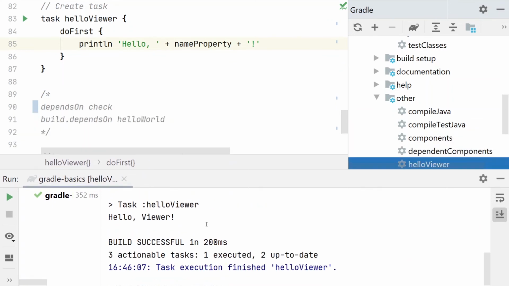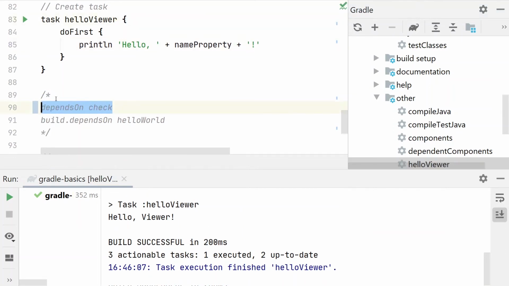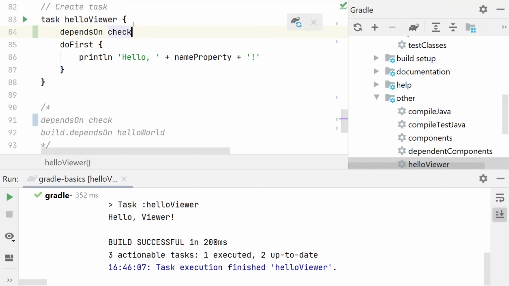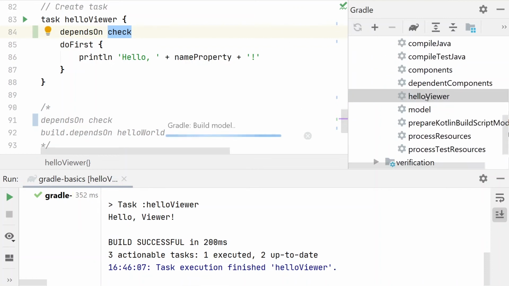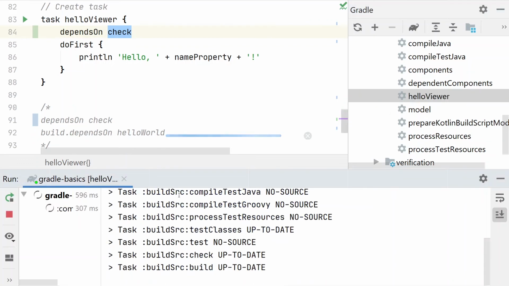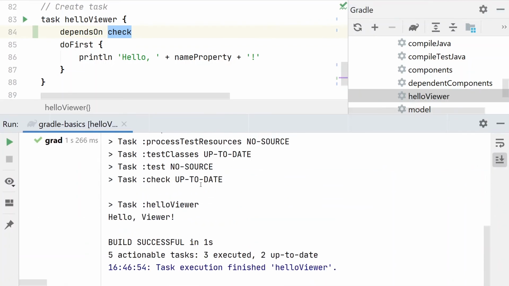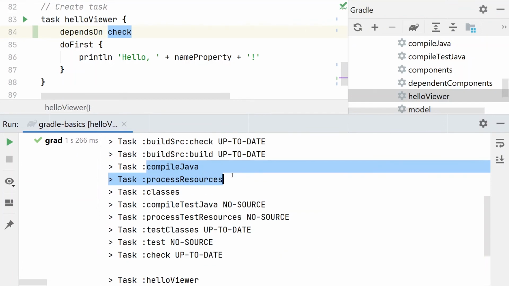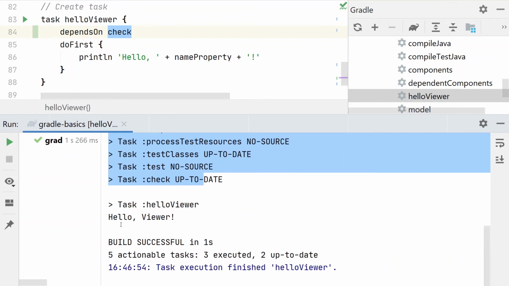Next, if we want our task to be executed in the lifecycle, we can append a special property, dependsOn, and the name of a task after which our task will be executed. Now, let's refresh Gradle and rerun our task. Here you can see that check was executed, and all tasks which depend on check